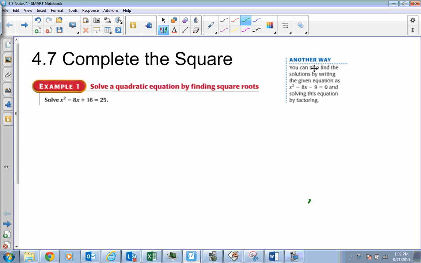Got 4.7, complete the square. This is kind of what we do with the tiles. The first one, they want to solve a perfect square equation by finding the square roots. So most of the time you would subtract 16 from 25 and get 9 to solve that way,